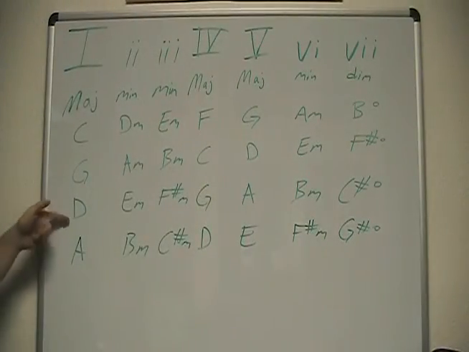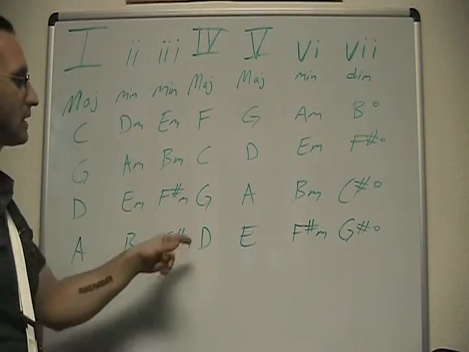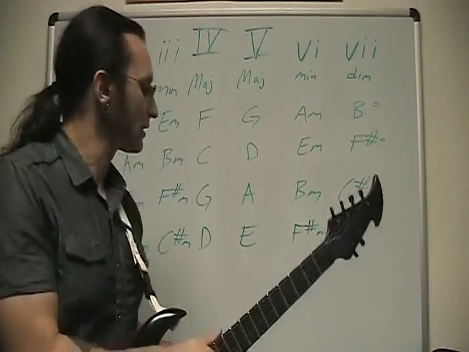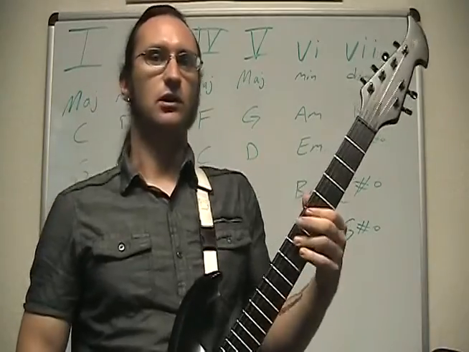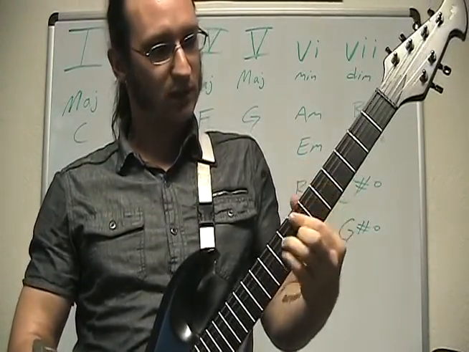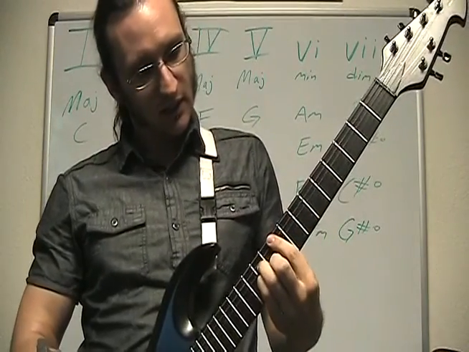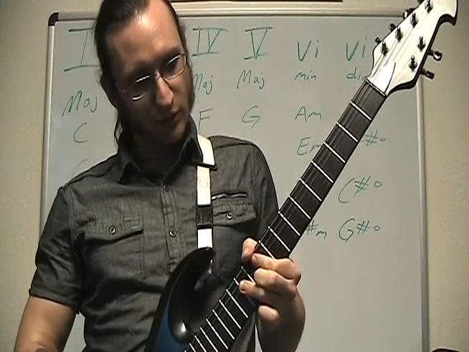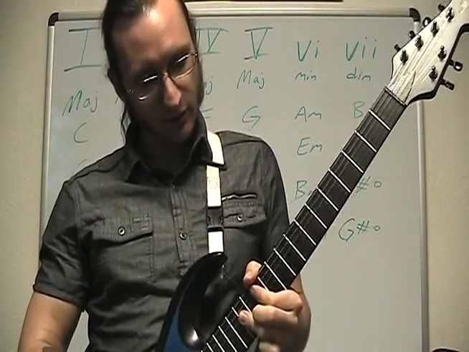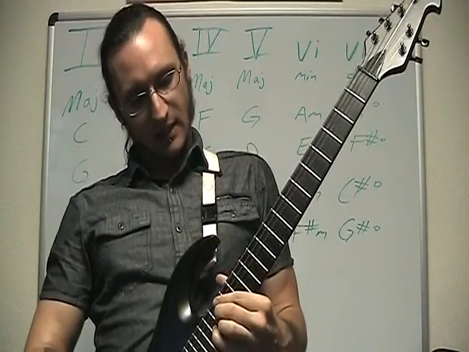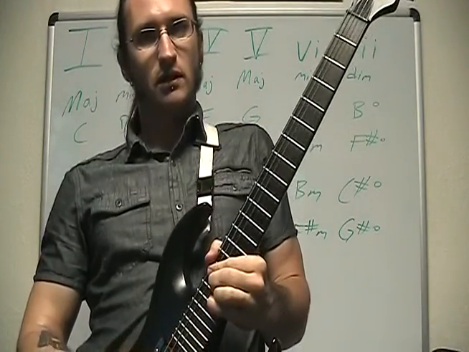And then we also have on the board the key of D. So D major, E minor, F sharp minor, G major, A major, B minor, C sharp diminished. I'm going to go very high on the fretboard this time. So we have D for the first chord, E minor for the second, F sharp minor for the third, G major for the 4, A major for the 5, B minor for the 6, and C sharp diminished for the